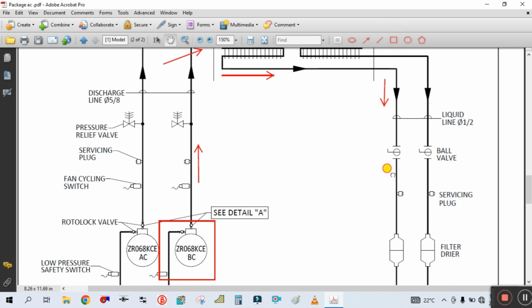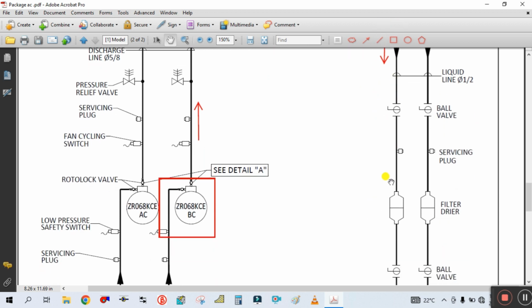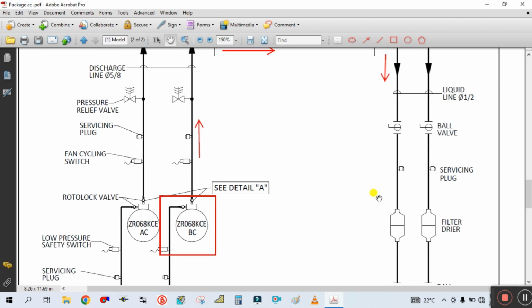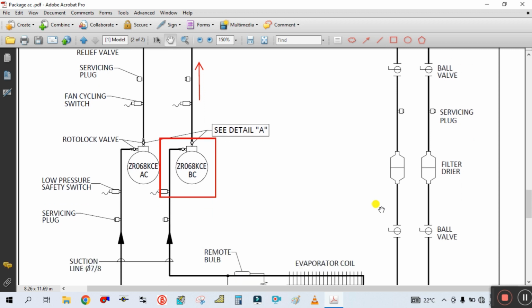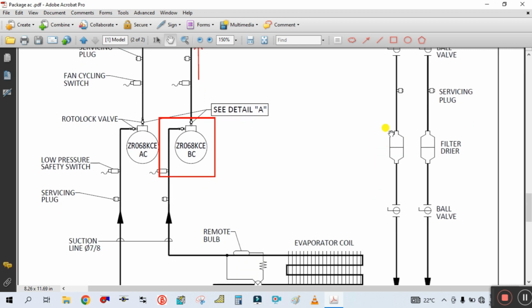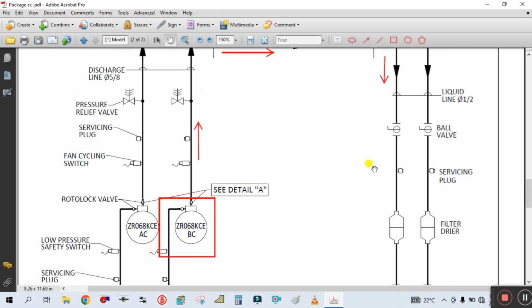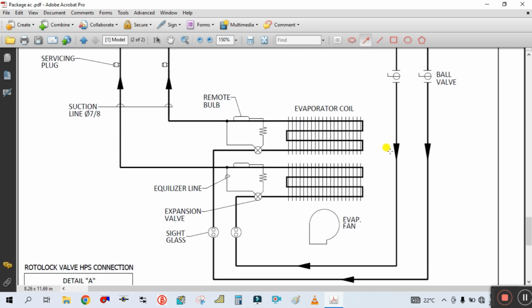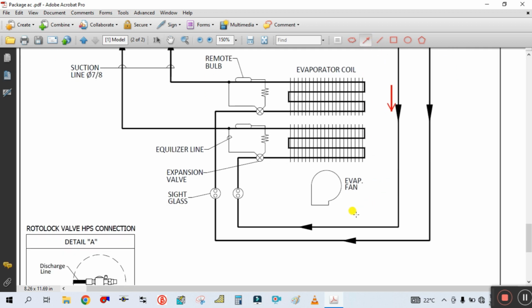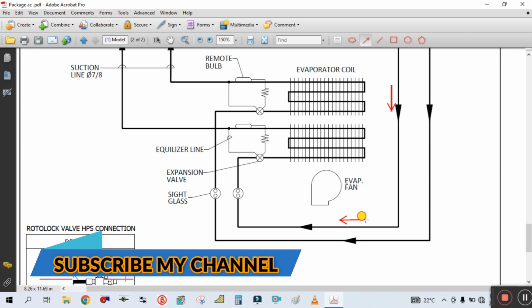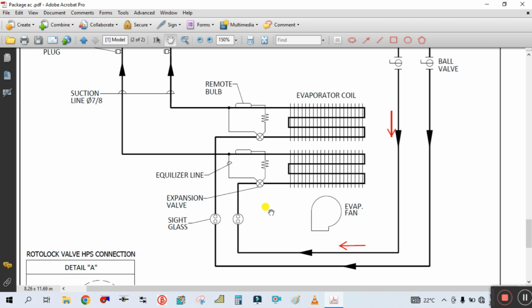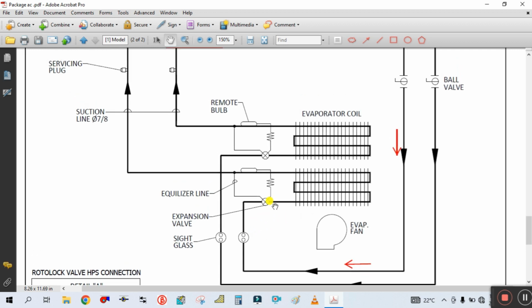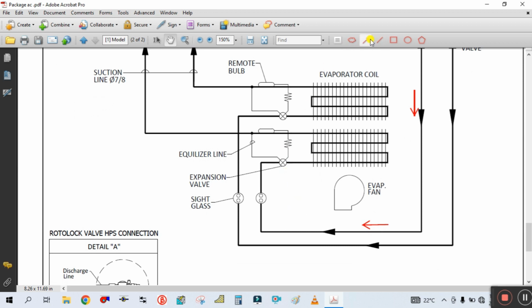It will pass through this filter dryer and release its moisture here. So this is the filter dryer. The filter dryer is used to remove the moisture from this refrigerant. It passes through this filter dryer and then through the suction line, and then this refrigerant enters this